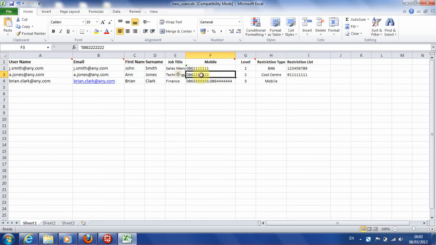Under mobile, that's if Anne Jones there has a corporate O2 subscribed mobile. Here it is. This is important should you wish to push out personal summaries to each of the subscribers on a monthly basis. So once you've completed the sheet, save it in Excel